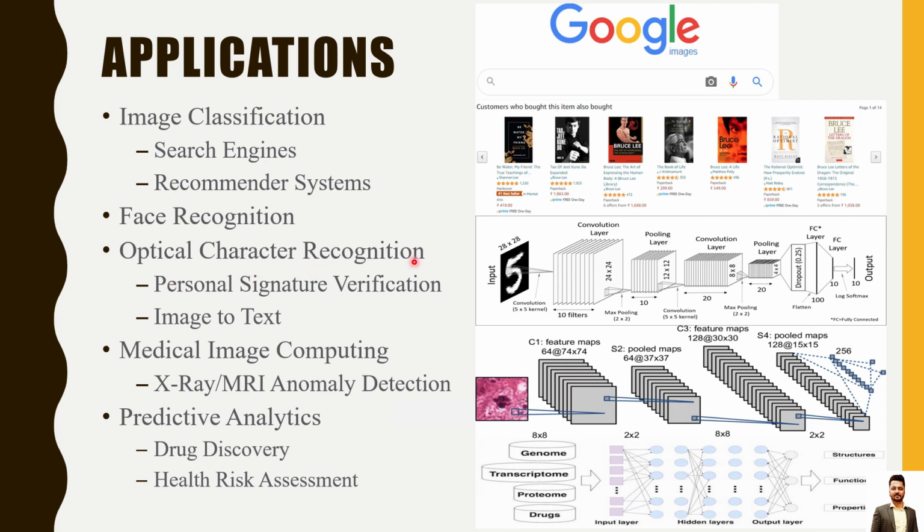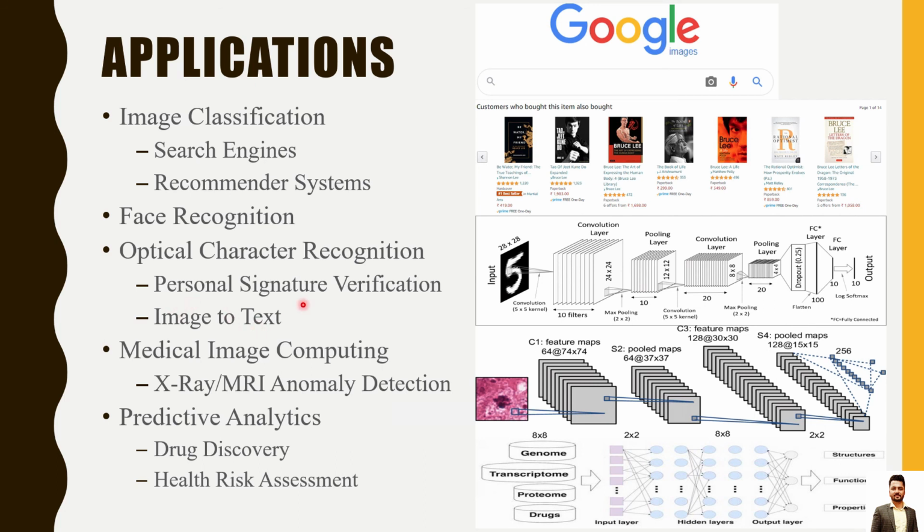For optical character recognition, this is the architecture, a very basic architecture. It is an MNIST image. In MNIST there are multiple digits ranging from 0 to 9. So this is an image of 5. It is processed through the CNN and the pooling layers till the fully connected layer, and the final output is given ranging from digit 0 to 9. Based on this, the recognition is done for this image to text part.